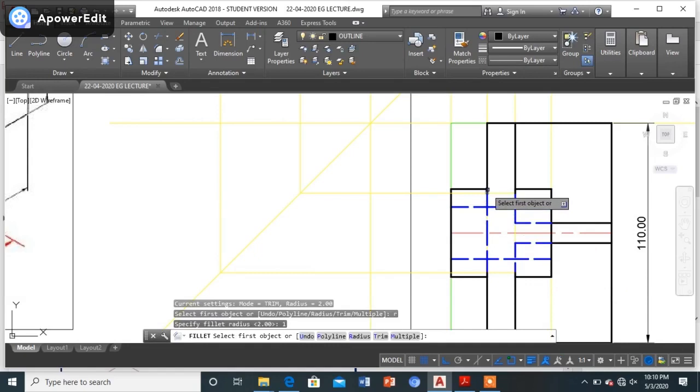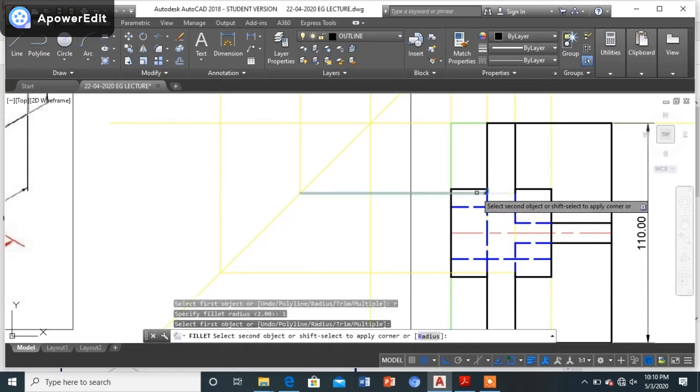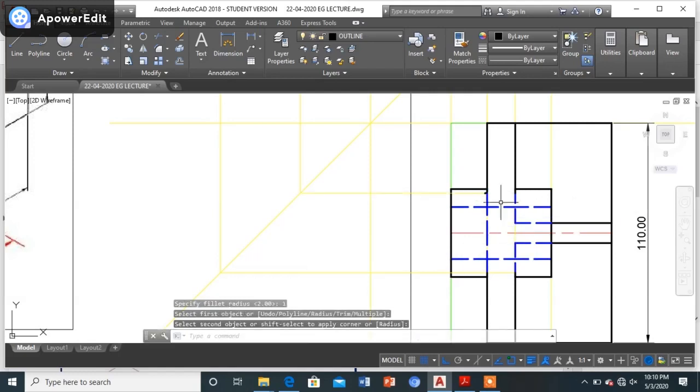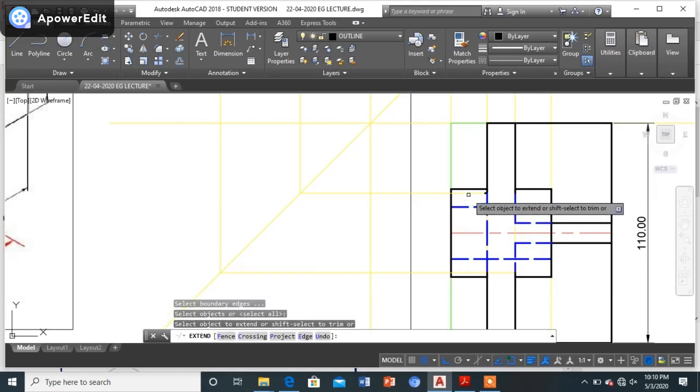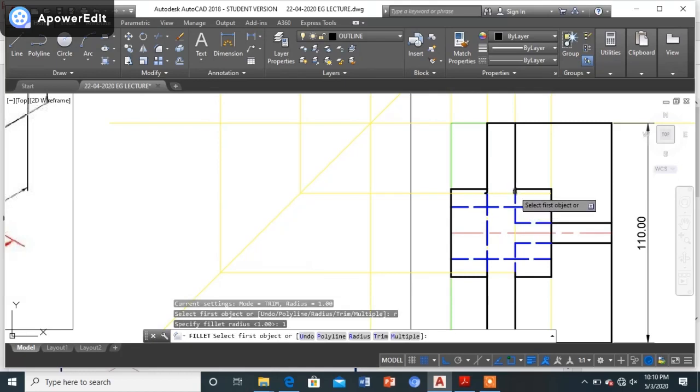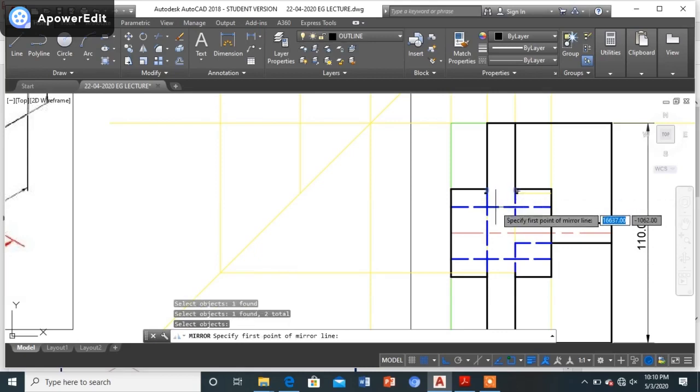Now further, I will be drawing simply the fillets over here. This is the first line, this is the second line that you are selecting. Even one more thing that you can see, simply I'll be extending this line again. Okay, so now I will be doing it again. I'll select this, I'll select this. Okay, once we are done with this particular part, I can simply get it on the other side as well. This one, I'll be saying it again.